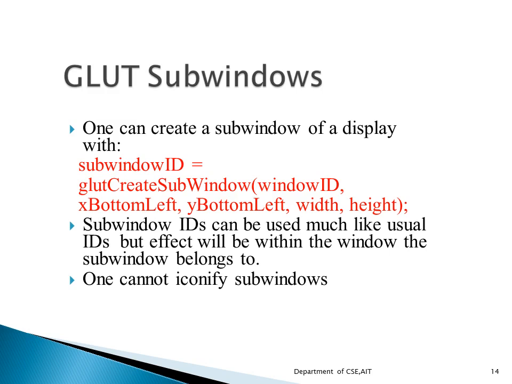The sub windows will be assigned positive integers in the same way as all display windows, and whatever operations we were doing for the other windows, we can do for these also. That means we can reshape, reposition, push them, pop them, hide them. All of this we can do for the sub windows also. But the only operation we cannot do is iconify the sub windows. That means we cannot convert the window into an image or an icon. That is not possible in GLUT sub windows.